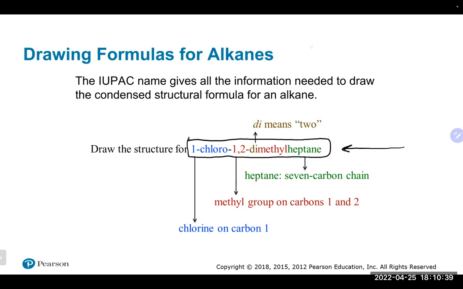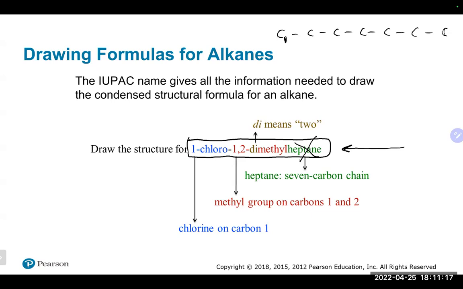And you could simply just lay up 7 carbons, 1, 2, 3, 4, 5, 6, and 7. We'll squeeze them in there. That really takes care of the heptane part of the name. So now we have 1,2-dimethyl and 1-chloro. Those are groups that are attached. So because you are drawing it, you basically could decide which way is 1. So for me, I'm going to decide that this guy right here is carbon number 1. Could have the guy on the other side is carbon number 1. Since you're drawing, it doesn't really matter.